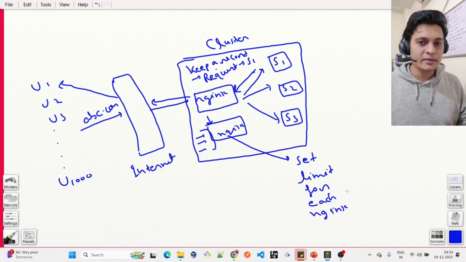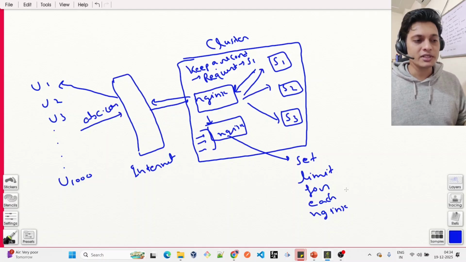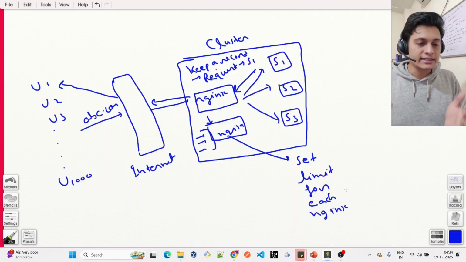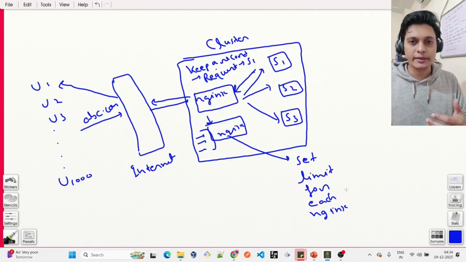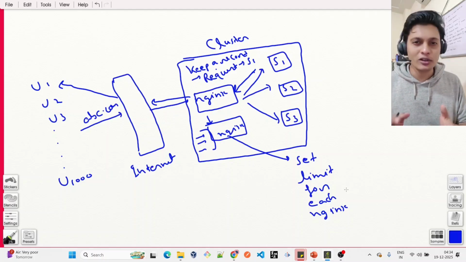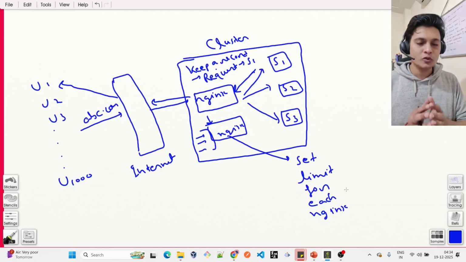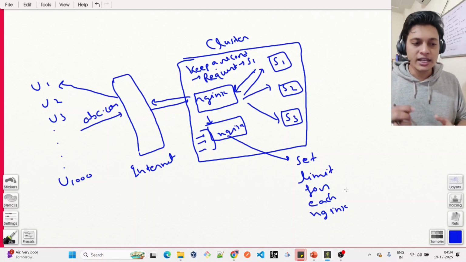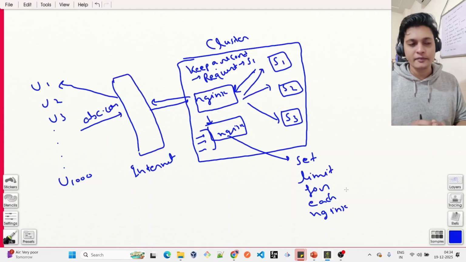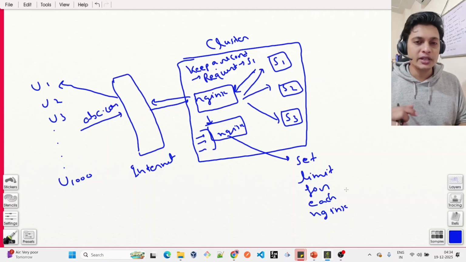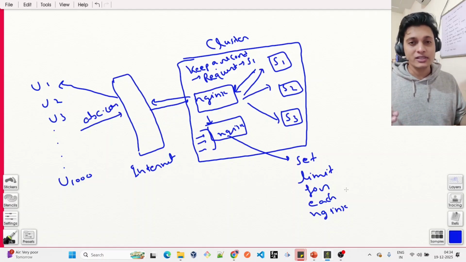And why am I telling this? It might be possible that you have some reserve resources that you do not want to run all the time, because it will increase the cost of your application. So what you do is set a limit for an Nginx server. And when that limit is reached, let's say 1,000 requests are coming simultaneously,